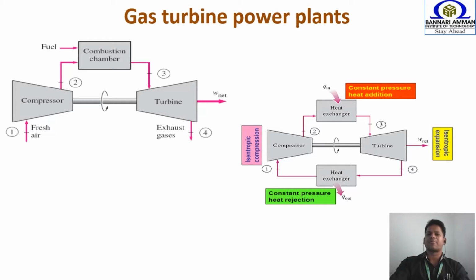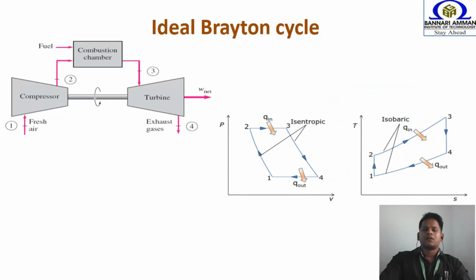But unfortunately, this cycle has one drawback: it can be applied only for a minimum amount of power production. If you want maximum power production, or a higher energy conversion rate, you should go for open cycles. The sad case is that all the gas turbine power plants available worldwide use only the open Brayton cycle. To understand the concept of the Brayton cycle, Brayton initially suggested the ideal Brayton cycle concept.